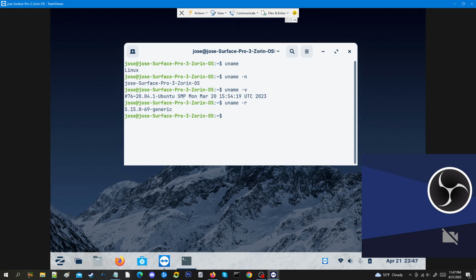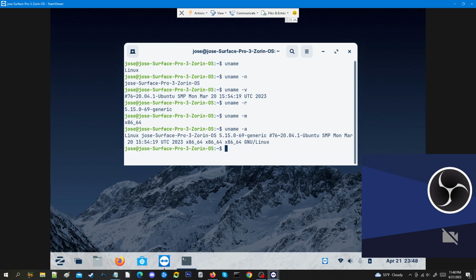I'm not exactly sure because I don't really delve that deeply. But let's look a little bit further. I got a couple other commands here. Uname dash m. Let's see what that gives us. Okay, x86 processor, 64-bit. Okay, useful information to know. I was kind of hoping to have more detailed information than that,